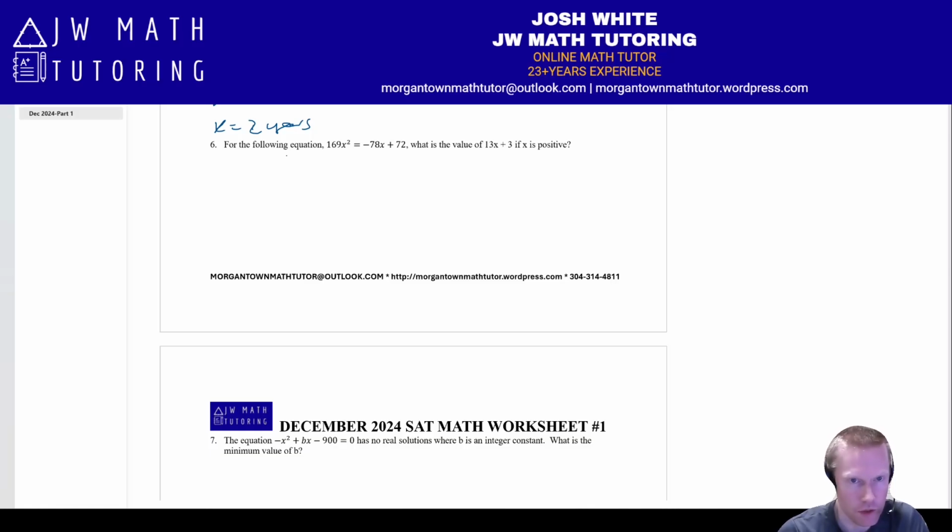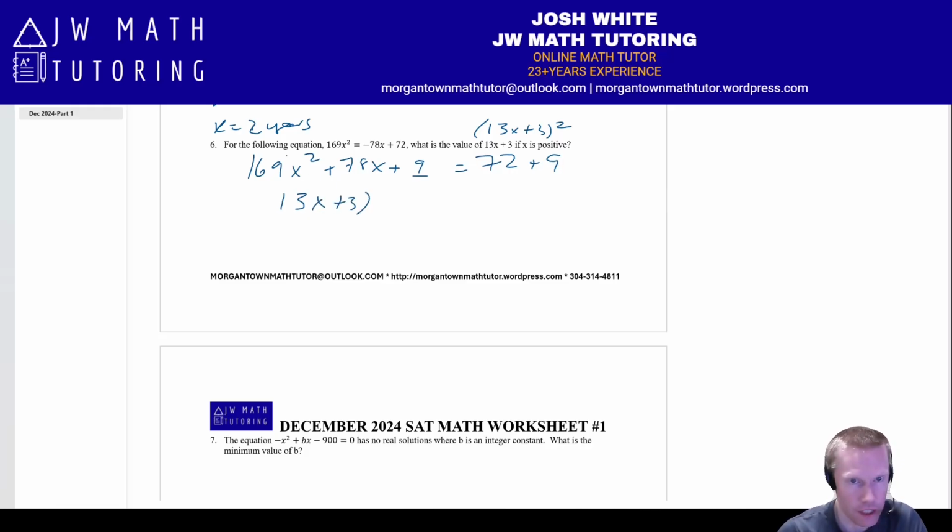Essentially, what they would have you do is move the 78x over, and then you're going to complete the square. Because if you notice, 169 is the square of 13. So it's like they're trying to get you to make 13x plus 3 quantity squared. So notice the square of 3 is 9. So basically you would add 9 to both sides,